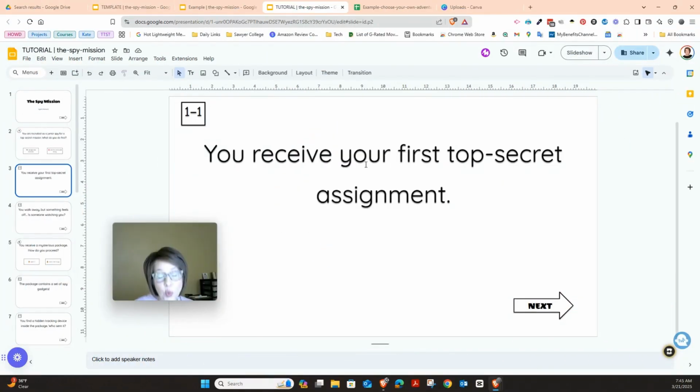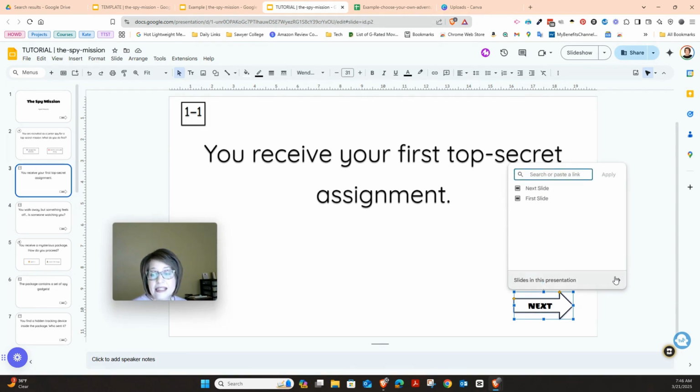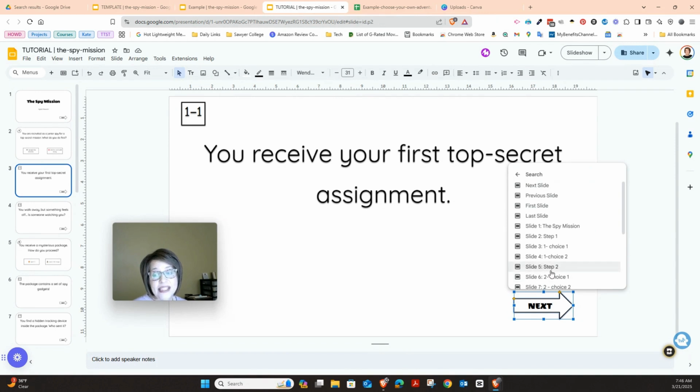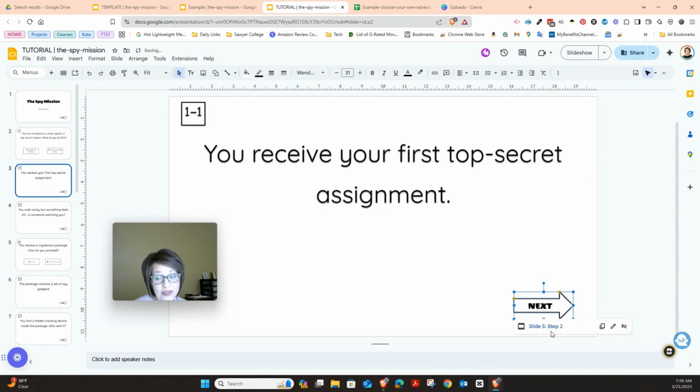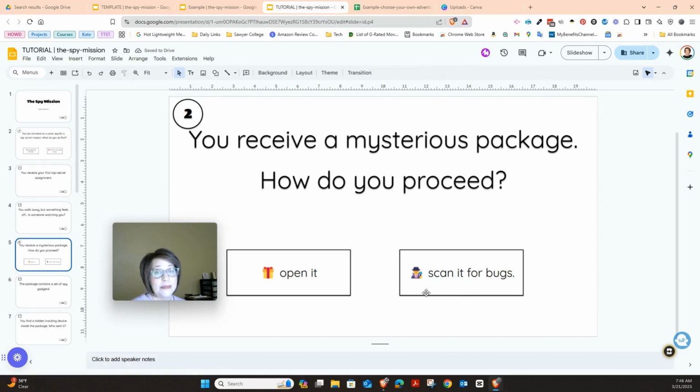Once we get to the choices, we have to put a link on the choice page to get us to the next step. So right now we're in step 1, but we need now to go to step 2. So we're going to click on Next, and then Control K, Slides in this presentation, and I'm finding step 2. So I'll click on that, and then it takes me to step 2. You also have to do that on